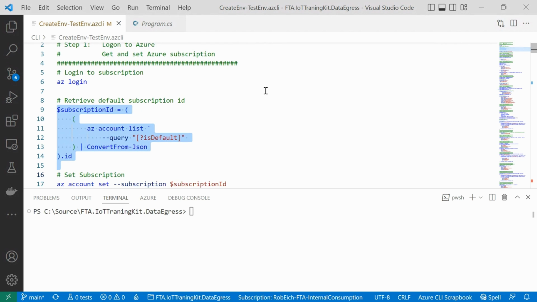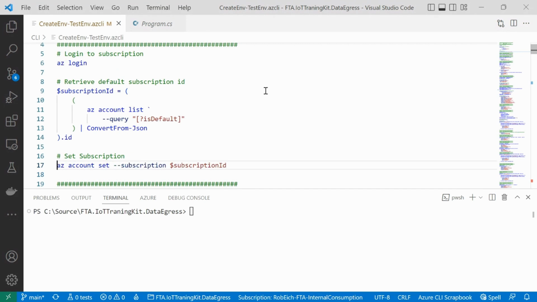So this small line of code here, if you are in a situation where you have to deal with multiple subscriptions and you log into your account, quite often you have to select which subscription you want to work against. And here this handy script just picks your subscription, which is marked as your default subscription, and then really sets your account to this subscription.